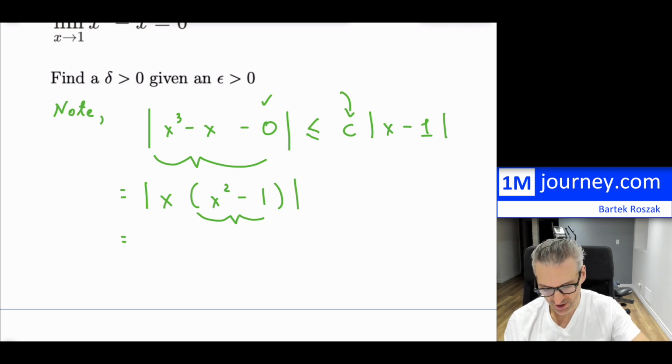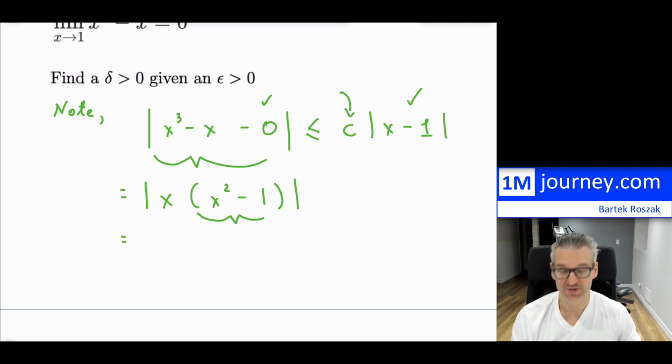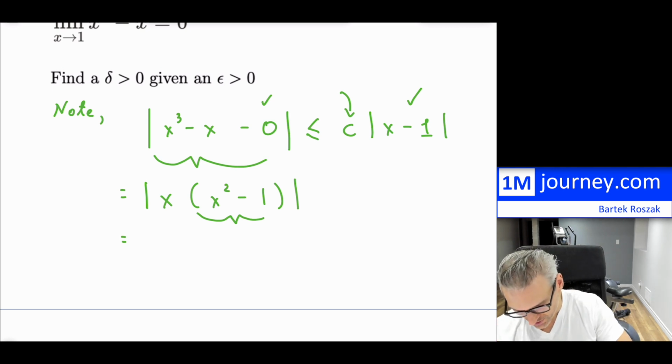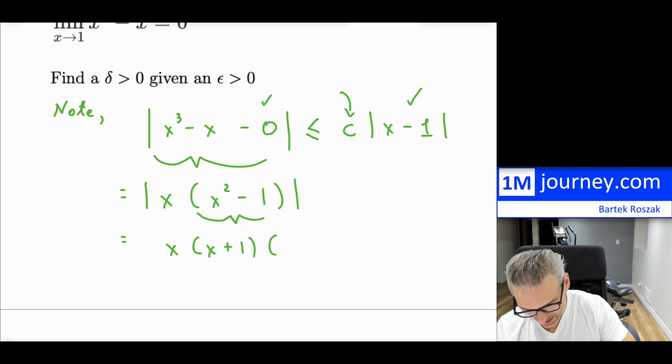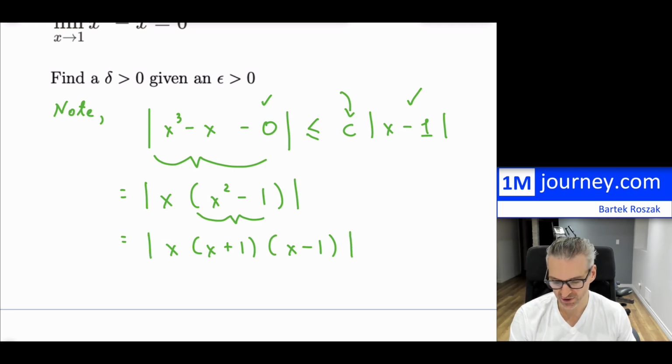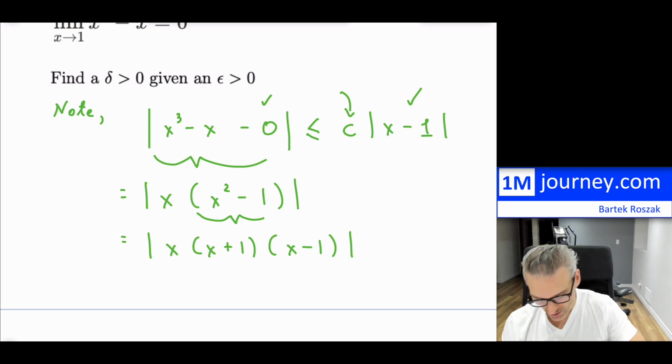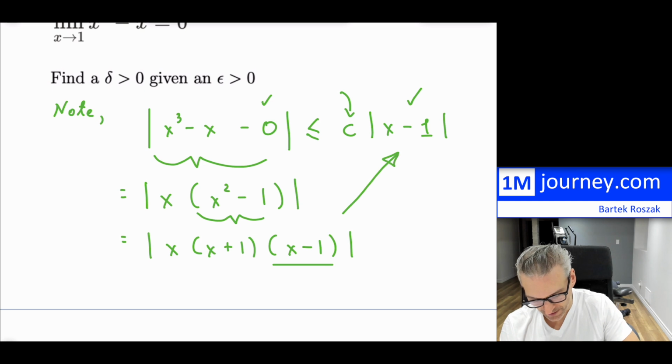And the difference of squares indeed is going to take out this factor, x minus 1. So you're going to have x, and you're going to have an x plus 1. And you're also going to have an x minus 1 right there. So this is still all within the absolute values, and they're all still equal. Now, when you're taking this thing out, which is exactly what you want to do,